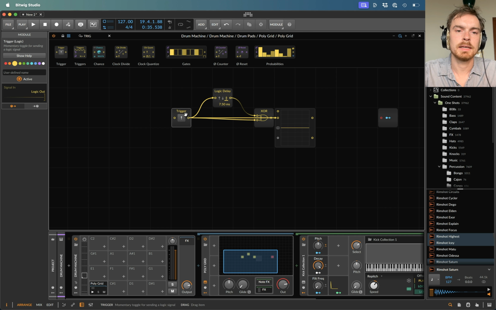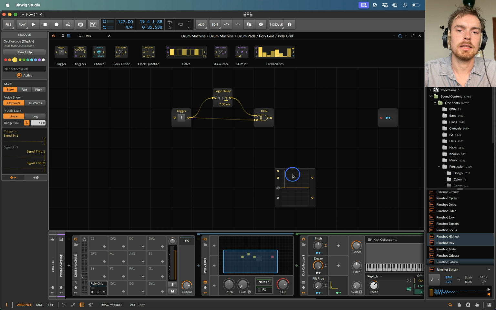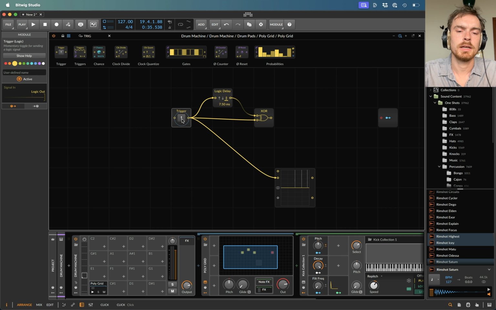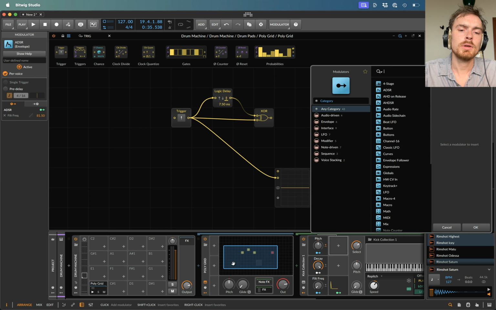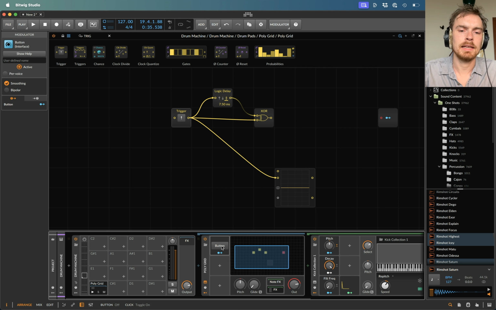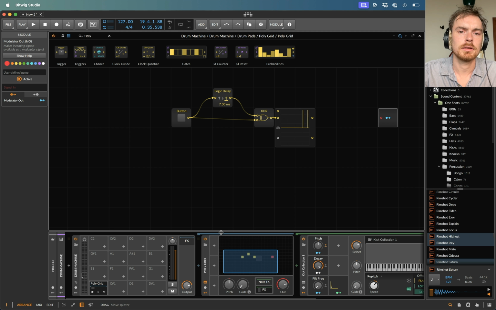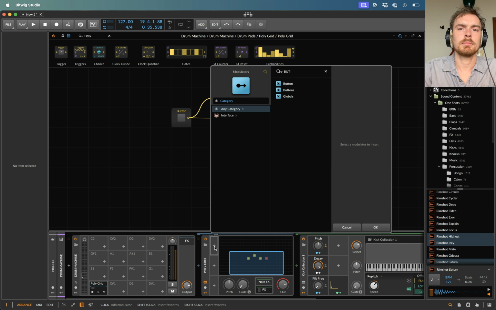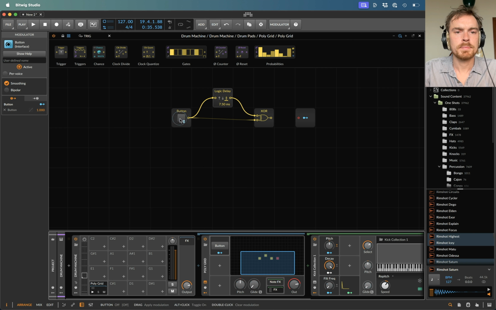Because this trigger will do exactly the same thing. You can see here that the trigger gives us that situation. And the reason why is because you can't actually map anything to the trigger. I can map a button to control this, and I can map a button to control a button. So let me just undo what I've done here. I can map a button to control a button, but using the trigger, unfortunately, we're not able to get a signal from outside the grid and modulate anything in, which would make for a useless randomized drum machine, as you'll